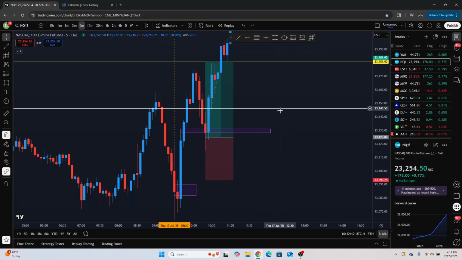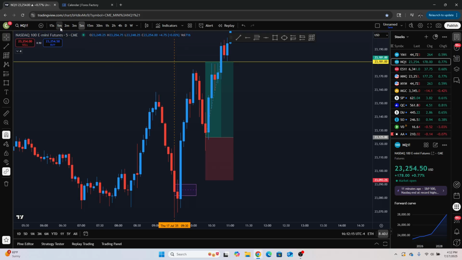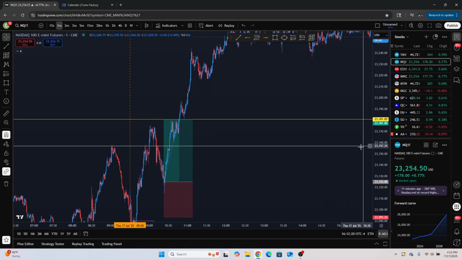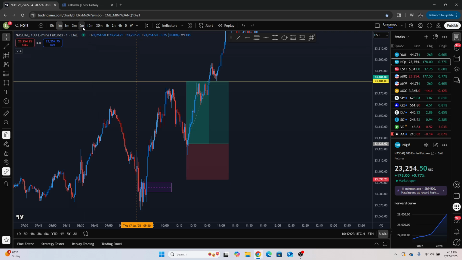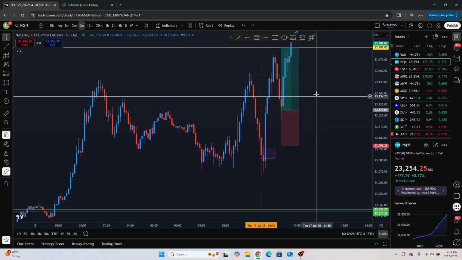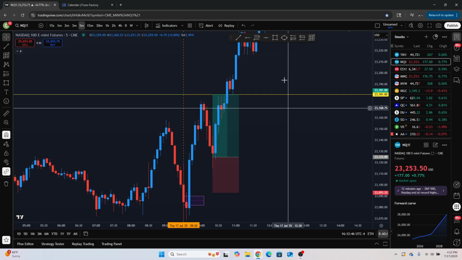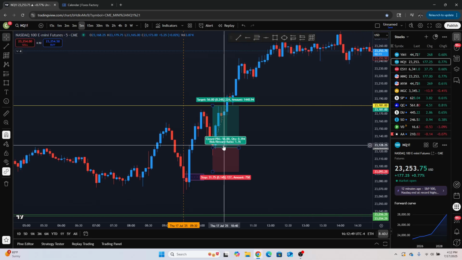Another thing to keep in mind is don't find all of your confluences on the 1 minute chart. I personally love to look on the 5 minute chart to get a better overall market direction, strength, and trend. The 5 minute chart will show you what is more likely to be the bias for today. Are we having a strong bullish day? Are we having a strong bearish day? That is what the 5 minute does for me.